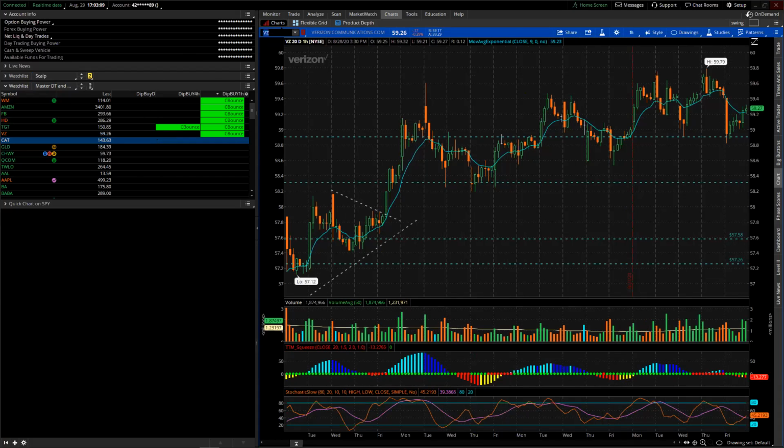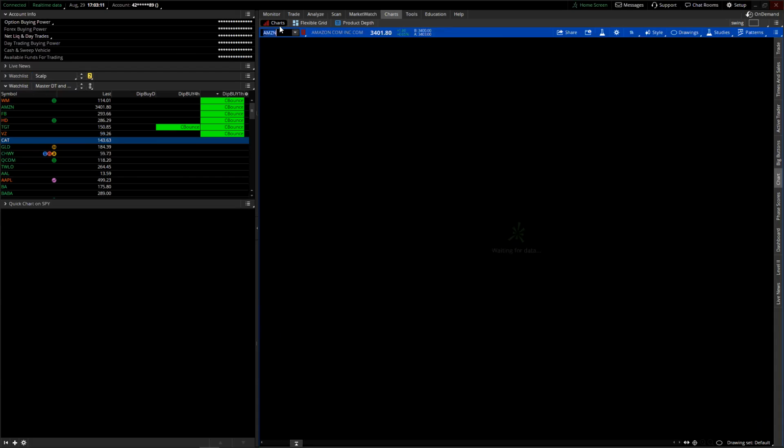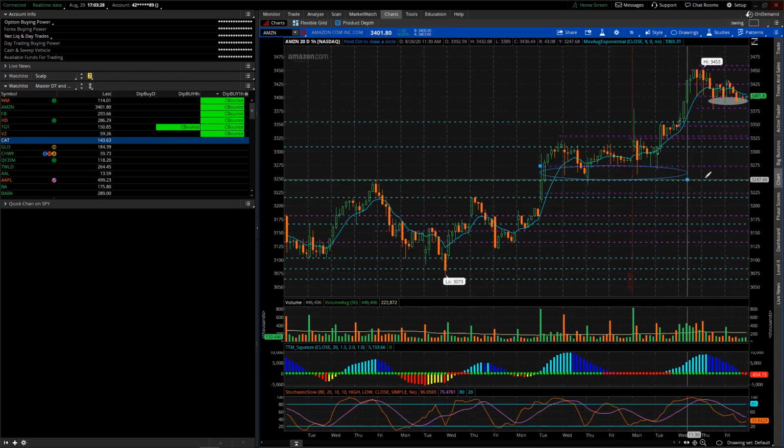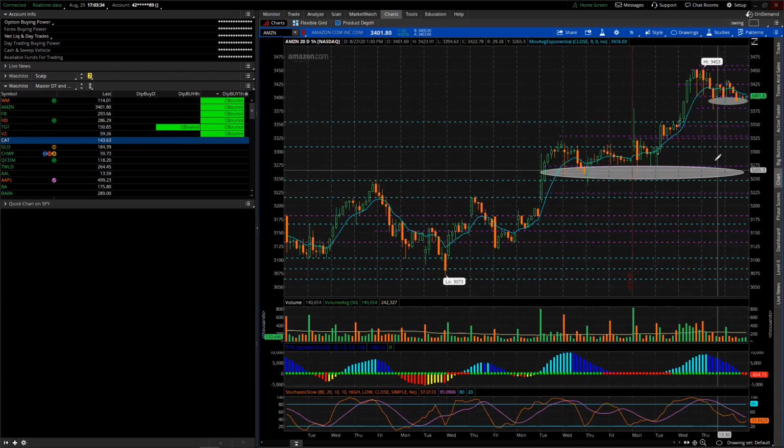So for example, if I was looking to buy Amazon for another leg up, this would definitely be my add point. This would be my first add point. Stop out below the low. And this gives you really good risk reward because your target is the highs, and your stop loss is just a few dollars below. My next add point would be down here. And this basically tells you if you possibly could be in one of these areas right now, and you added at these points looking for legs up.